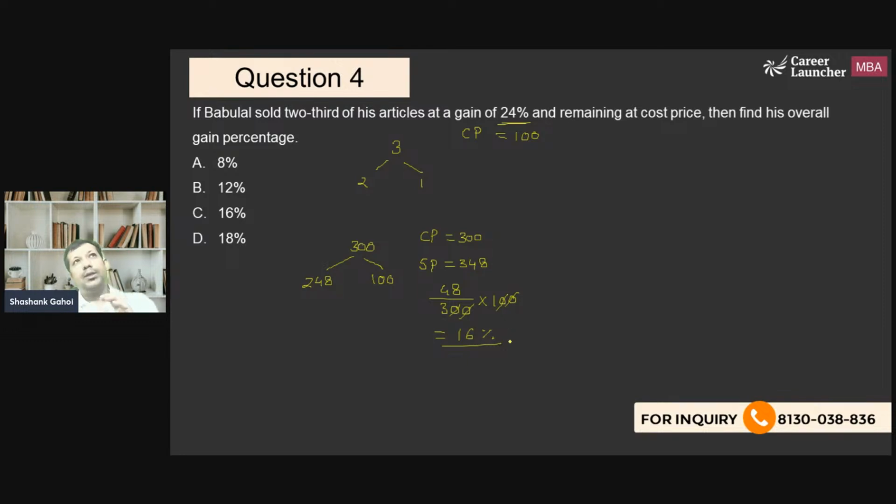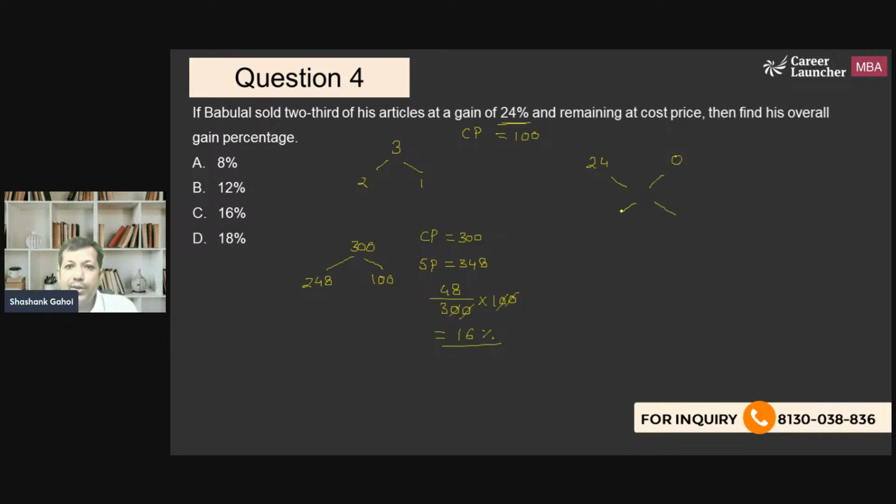Matlab, I am dividing his articles in 2 categories. One category that is gaining 24% profit. The second category that is gaining 0% profit because he is selling at cost price, right? So there are 2 categories, and the question is asking what is the average profit percent, right? So he has one category of 24%, second category of 0%, and